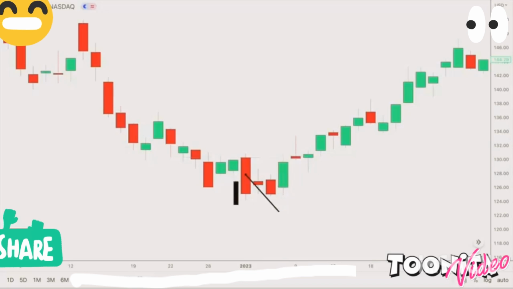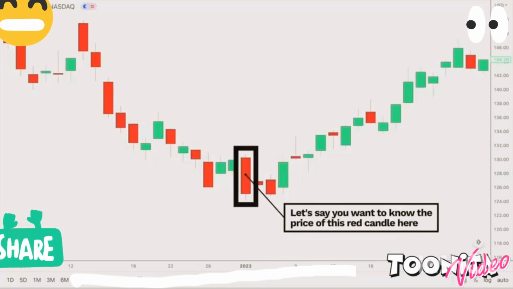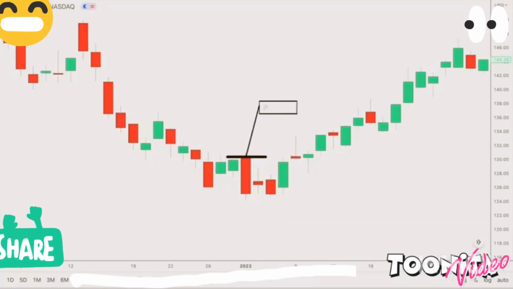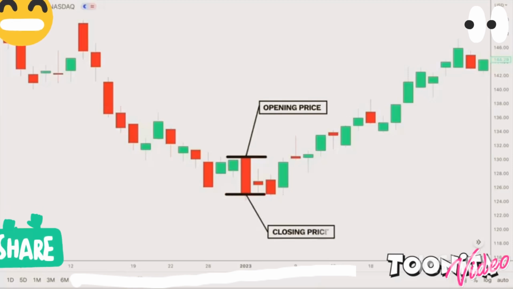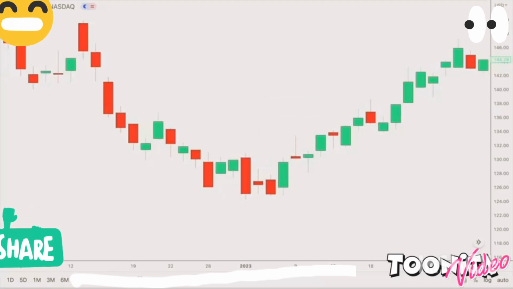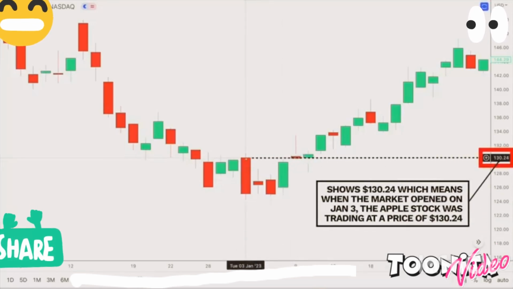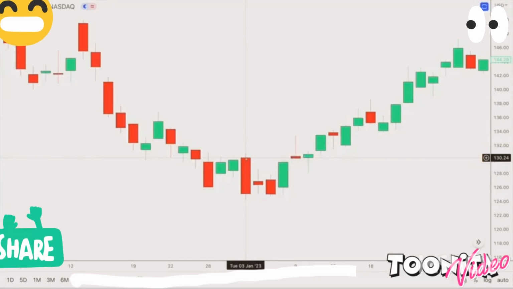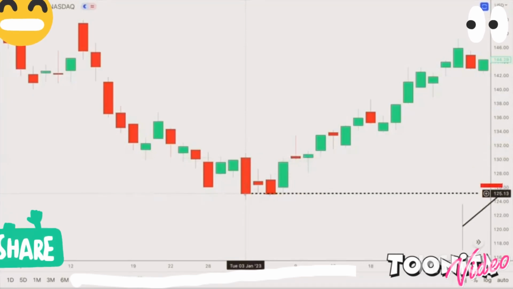So let's say you want to know the price of this red candle here. Remember, red candlesticks open above at the top of the rectangle here and close below at the bottom of the rectangle here. For the opening price of January 3rd, place your mouse at the top of the rectangle and it shows $130.24. For the closing price of January 3rd, place your mouse at the bottom of the rectangle, and it shows